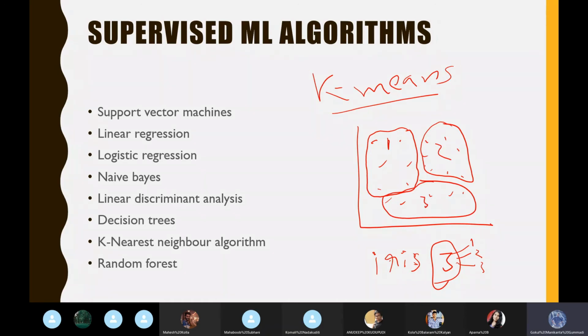How this happens is it is completely done by the system. You don't need to decide from where to draw a plot. You are not going to draw a plot. The system is trying to draw a plot, and it is trying to fit the data into this plot, like how many groups we can split it into so that we can get an accurate value. That's how the system thinks.